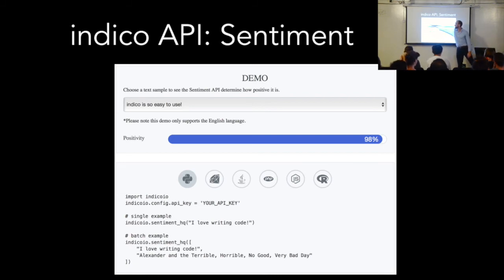So Indico is so easy to use! Really positive, really positive. There are other examples here you can play with, or you can just type in your own. Things like "Indico is so not easy to use," right? This actually gets hard because the "not" is several words apart from the thing that it's talking about. So you want a model that doesn't just look for a "not" thing. It looks back in the sequence and figures out what to do.